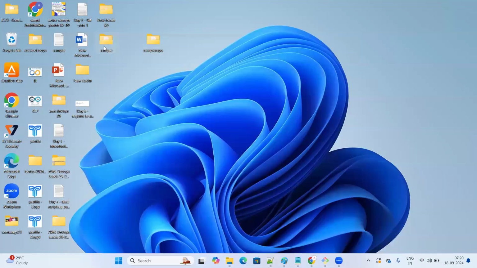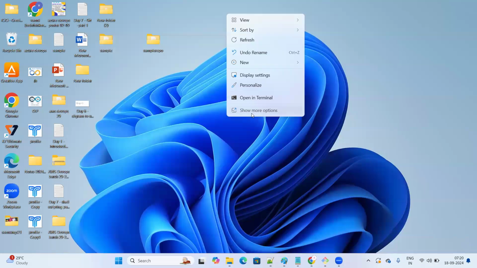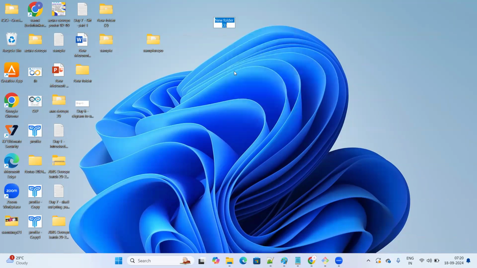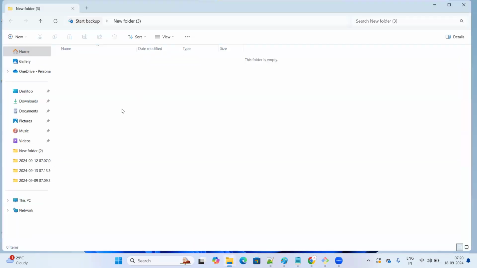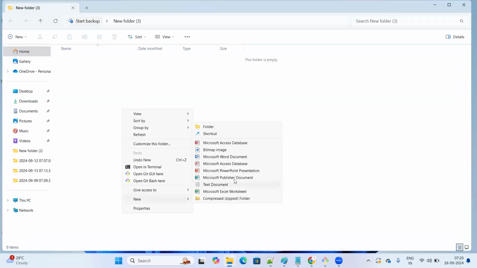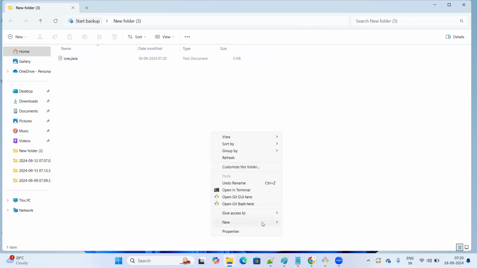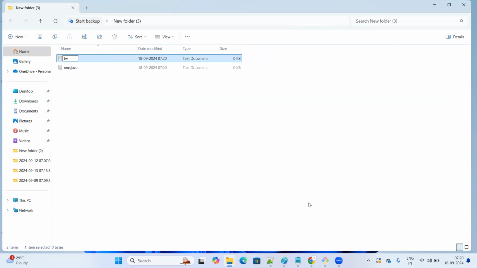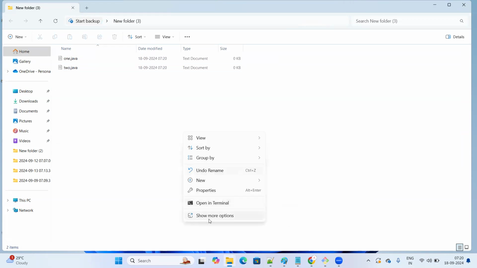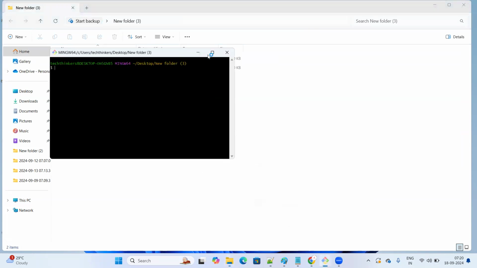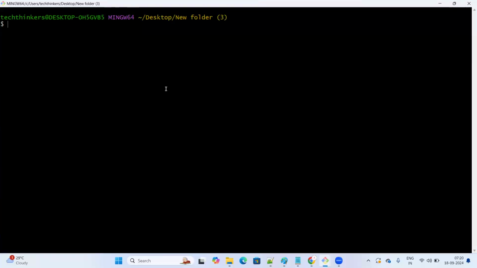Let me close this, and I'm going to open the same thing. I'm going to create a new folder. I just wanted to show you one difference. I'm opening a new folder and adding new files here. You see, I have added 2 files in this folder. This is a new folder altogether, and I'm going to open a git bash here. In this folder, I'm running the ls command, so it is clearly showing I have 2 files in this folder. And when I'm running the git status command,